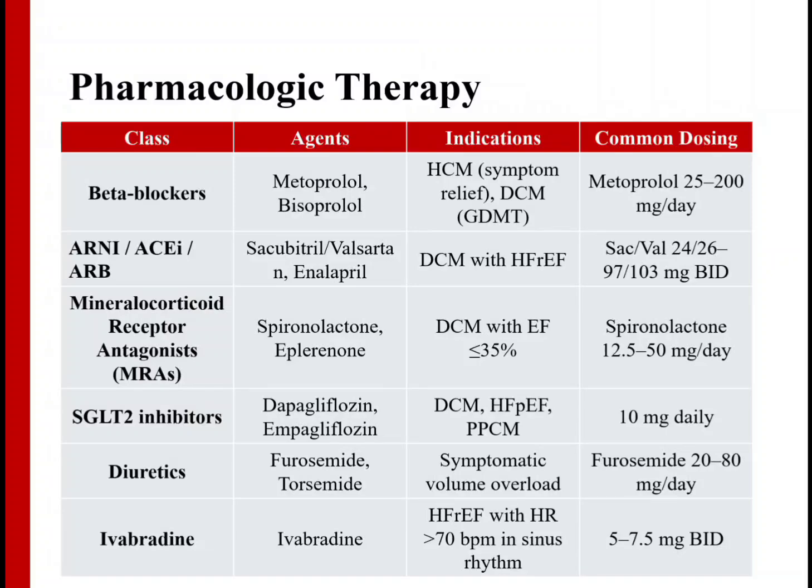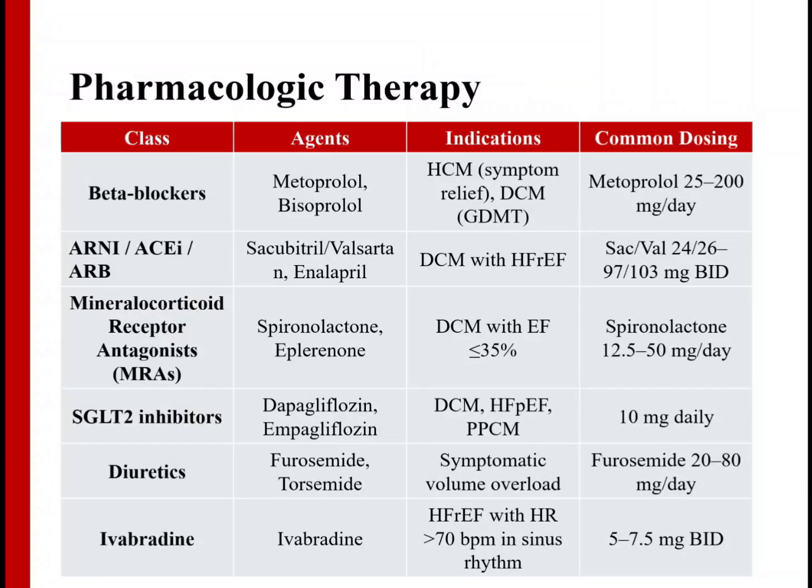Let's organize pharmacologic therapy by therapeutic class, then align them with indications and dosing. Number 1, beta blockers like metoprolol succinate and bisoprolol. They are indicated in hypertrophic cardiomyopathy to reduce symptoms by lowering heart rate and left ventricular outflow tract gradient. In dilated cardiomyopathy as part of the GDMT, which I explained in the heart failure lecture, guideline-directed medical therapy, and the typical dose of metoprolol is about 25 to 200 milligrams per day, which is titrated according to the heart